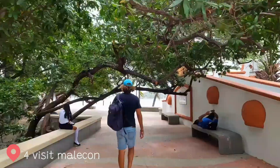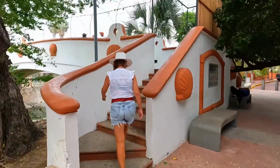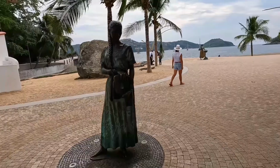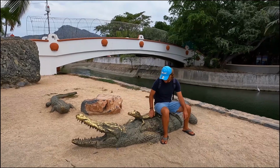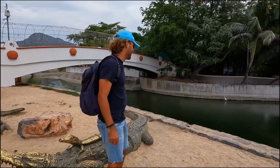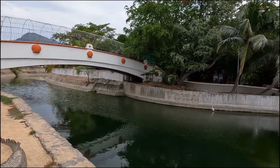Number 4. Visit Malecón. Take a leisurely stroll along the Malecón, Zihuatanejo's picturesque waterfront promenade. This scenic walkway offers stunning views of the bay, vibrant local culture, and plenty of spots to relax and soak in the atmosphere. As you wander, you'll pass charming fishing boats bobbing in the water, vibrant murals that tell the